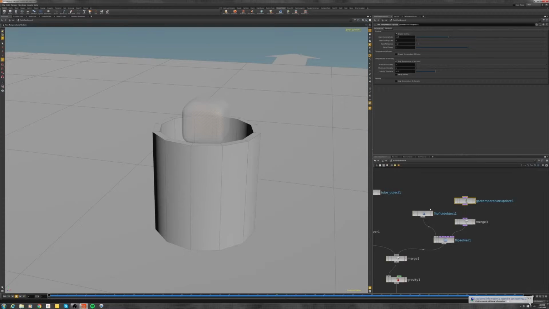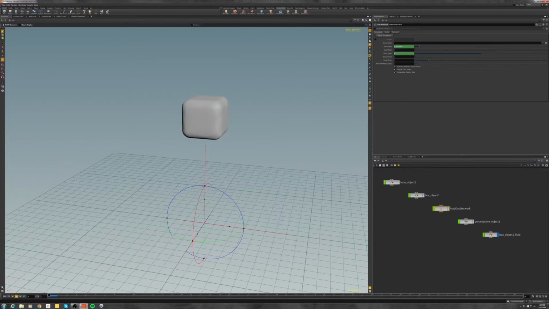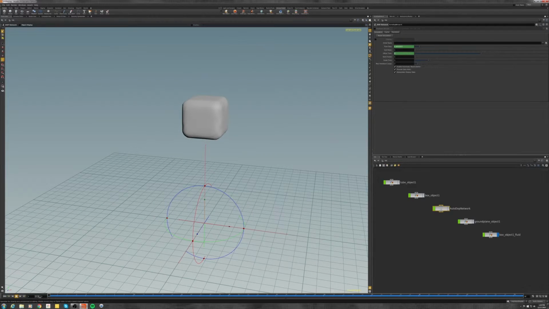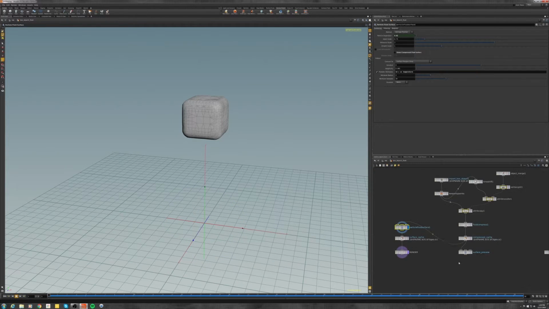We're going to go back into the auto DOP network, turn down our particle separation, get a better simulation. There we go. That looks like water. Much better. And so if I were to cache the simulation, I would go back into the box object 1